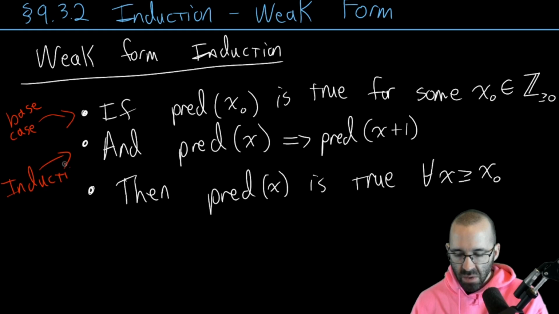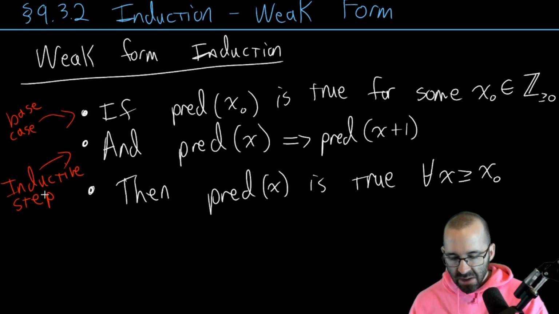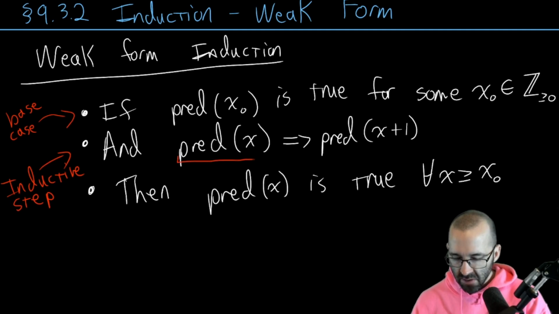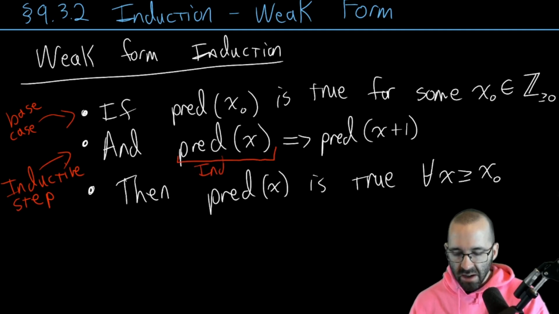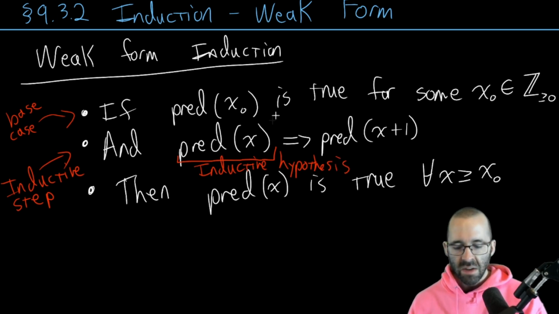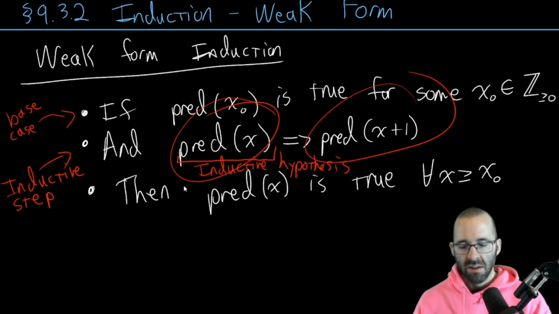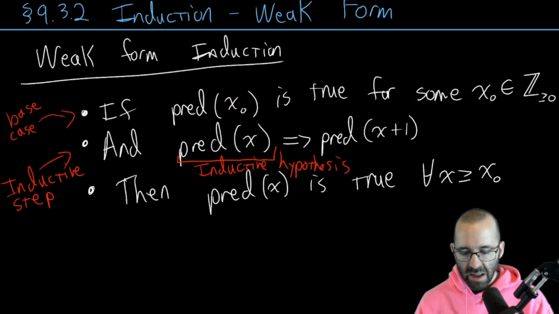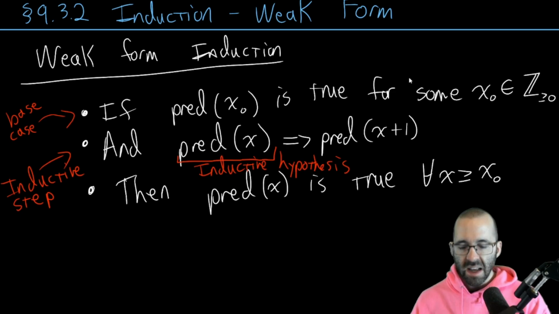Can we always show it's true for the next one? And then specifically this part right here is called the inductive hypothesis. It's something that we're assuming. To show an implication, to show an if-then, we assume the if and we show the then. We'll get some practice with that. So to put this induction outline into a picture,